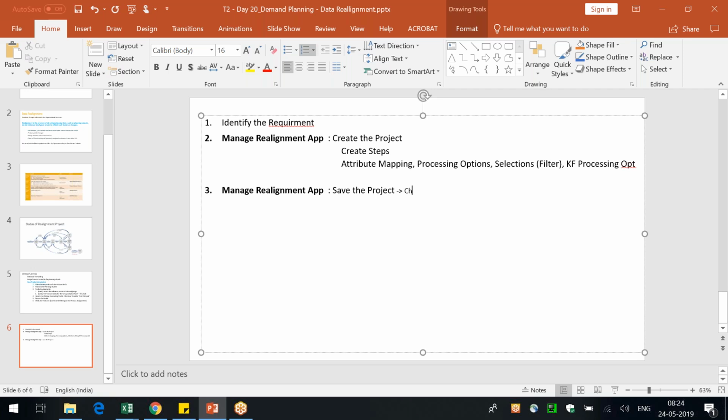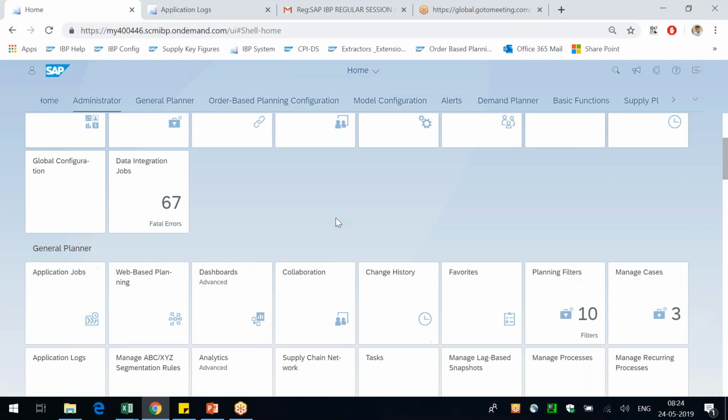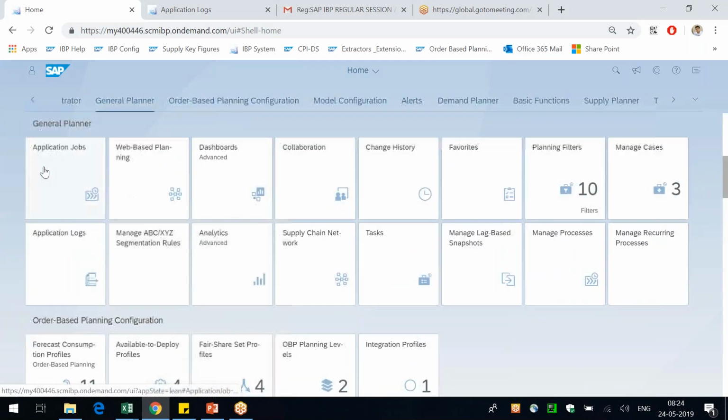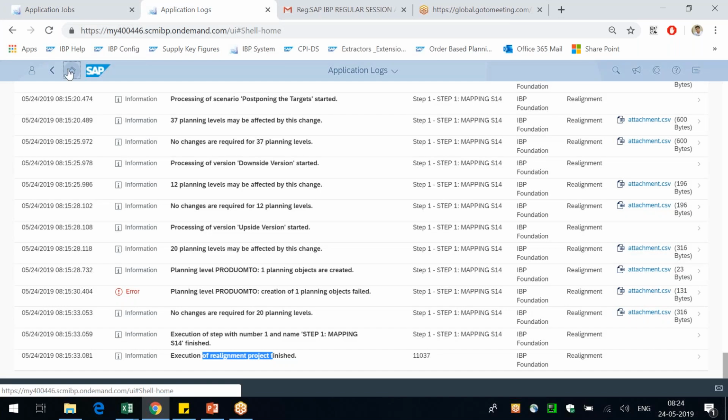Then set it to review, and then further set it to approved. If you don't set it to approved, you will not see that app in the application job. So let me show that to you. Only the approved ones would be displayed in the application jobs. So if I go to the home,